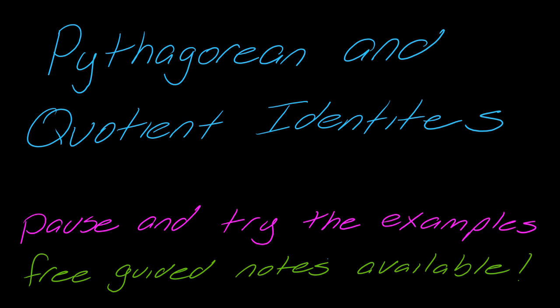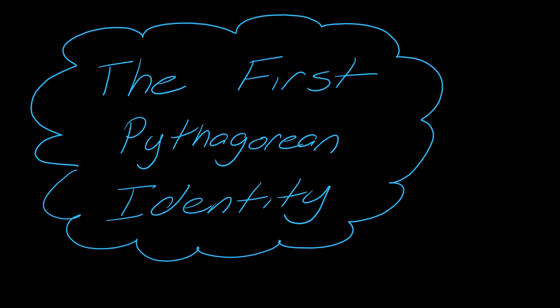So this video covers two pretty important things in trig. We're going to build up the Pythagorean and the quotient identities in trig. So we'll just jump right into it and talk about the first Pythagorean identity. I think it's very helpful to know why these work and that it's not just some made up math